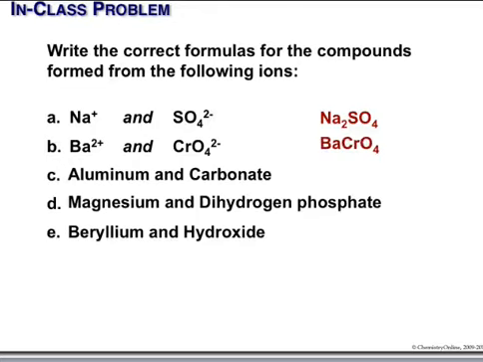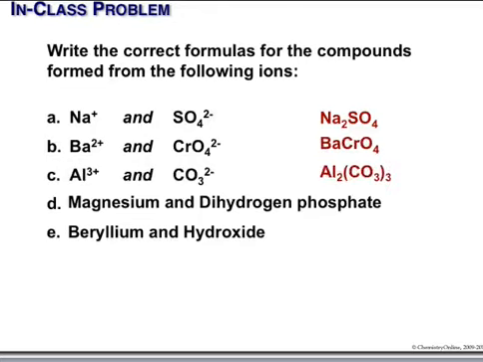Aluminum, group 3 metal, we know this is going to be +3. Carbonate is going to be -2. So we have a +3 and a -2. We could just do crisscross, can't we? Going to need 2 aluminums, 3 carbonates,